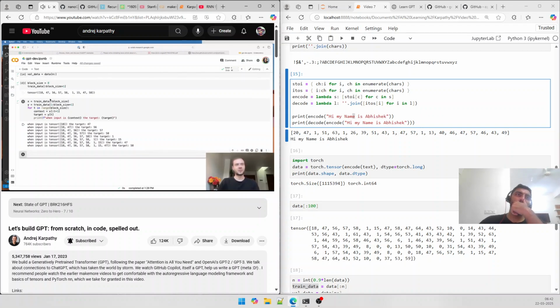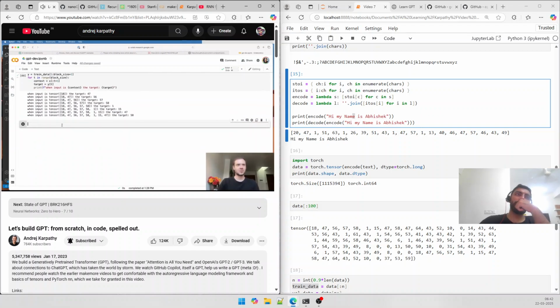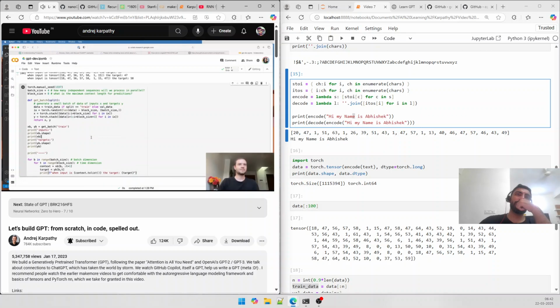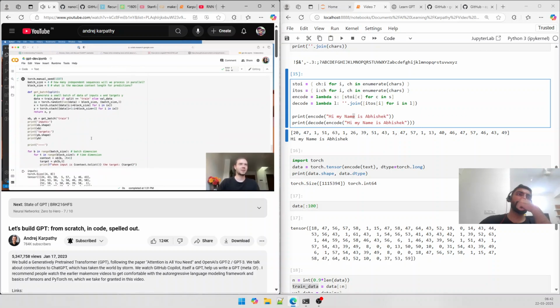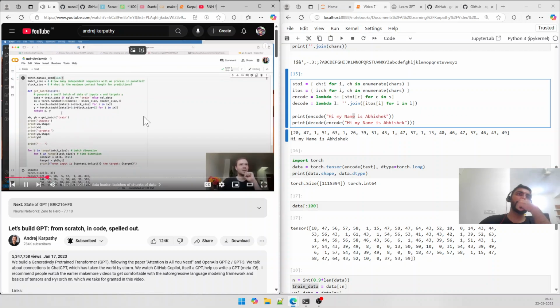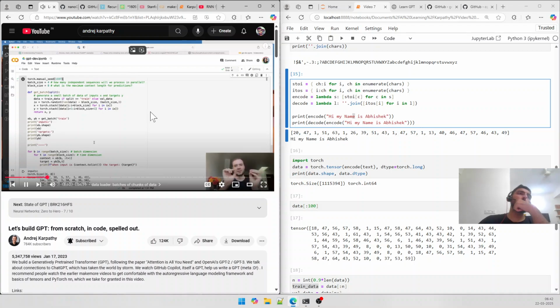So let me basically just generalize this and introduce a batch dimension. Here's a chunk of code. Let me just run it, and then I'm going to explain what it does. So here, because we're going to start sampling random locations in the dataset to pull chunks from,